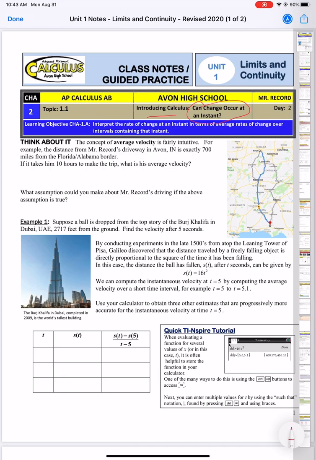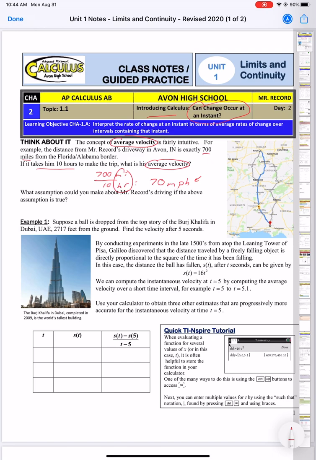So you've worked with change before in some context in other math classes. For example, you've worked with the concept of average velocity before. So the example it gives here says, if someone drives 700 miles and it takes them 10 hours, what is their average velocity? Well, that's pretty easy to calculate. We're just going to do 700 miles divided by 10 hours, and we get 70 miles per hour. The unit of the rate comes from the units of the distance and time that we had, miles